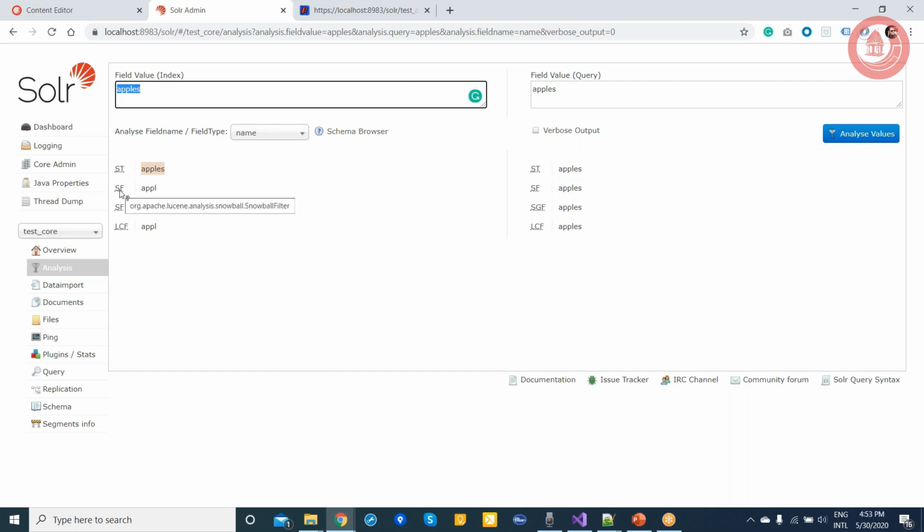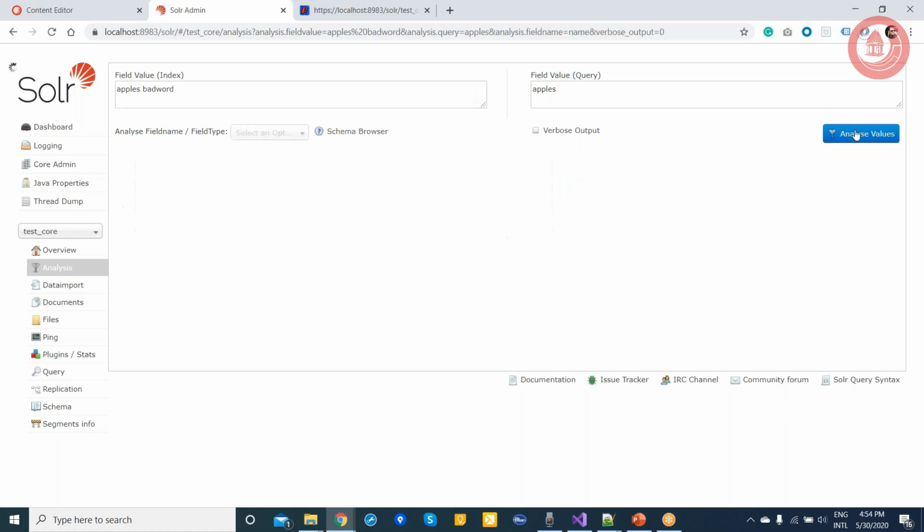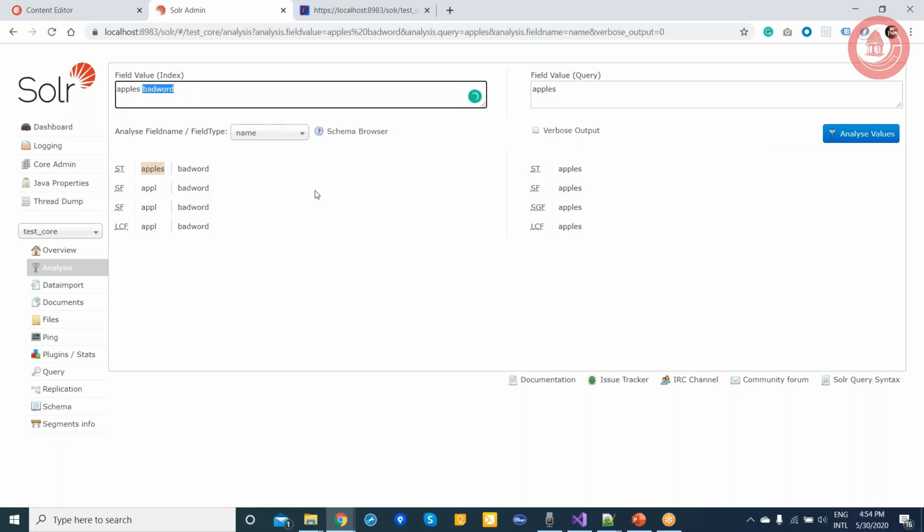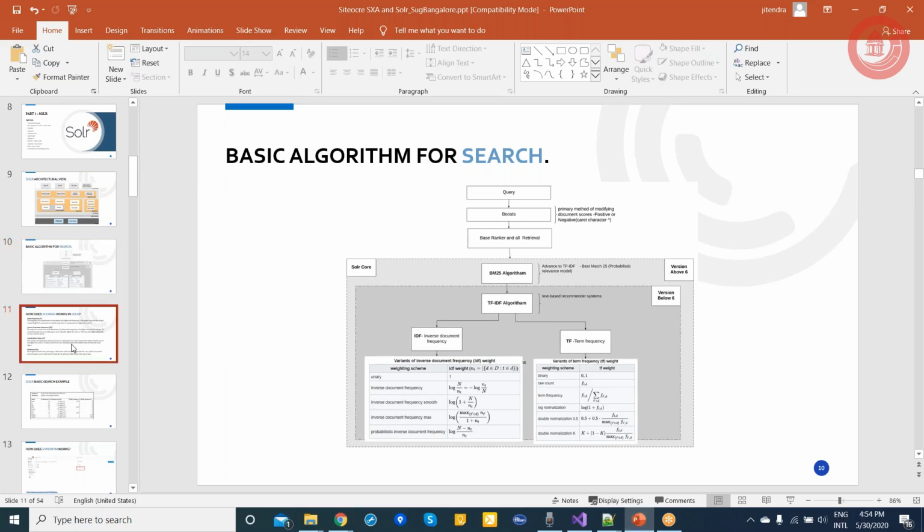After the tokenizer, it came to the snowball filter, which stemmed the word apples to apple, and then the stop word filter applies, which will discard unwanted words. So if you put some bad words, or any word which you don't want to index, I will discuss that in the next slide. So this is how indexing of the data works, and this is how the query of the data works. Let's start with this slide, and slowly we'll discuss more in detail.